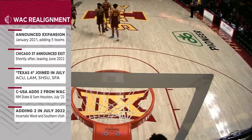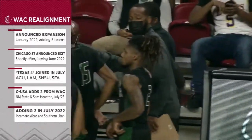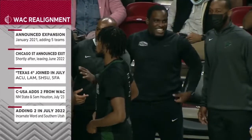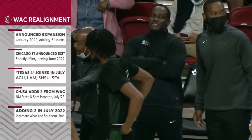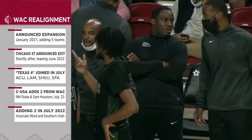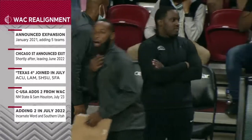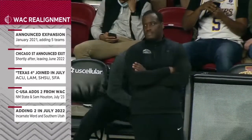It could end up in potentially 4 other conferences. So the Missouri Valley, there's been some interest there. The MEAC, the SWAC is another option, or perhaps the Summit League, or Chicago State could just go independent again like they were years previous. But Chicago State, I don't blame them. When you're in Chicago and all the rest of the schools are in Texas and the West Coast, that's a